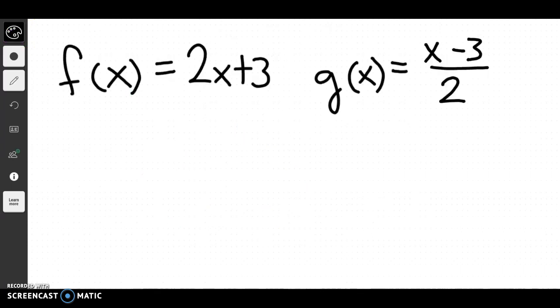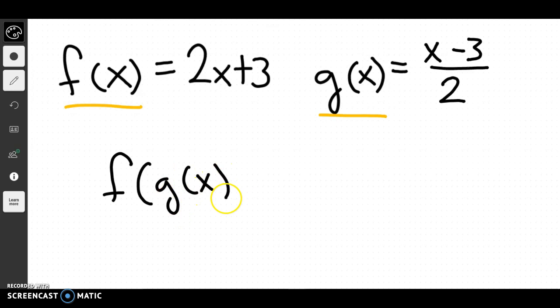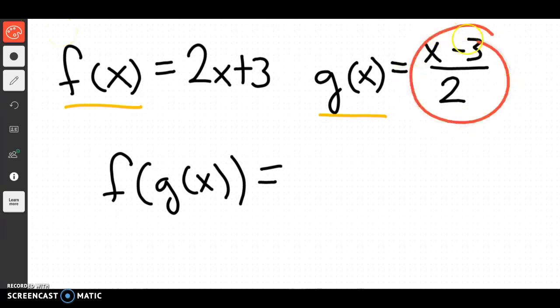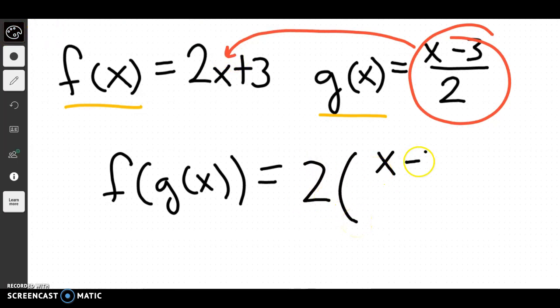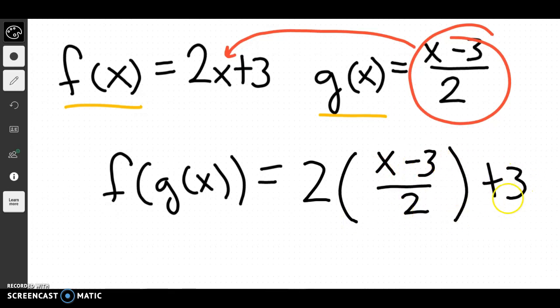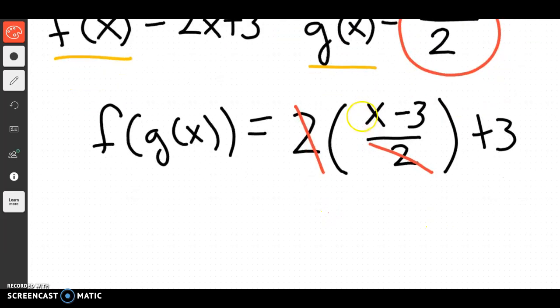Okay, so we're going to check if f of x and g of x are inverses of each other. And again, if we do f of g of x, if these things are really inverses, f and g will cancel, and our answer will be x. But let's actually go through and check and see what would happen. So we would take the function g and plug it into x, and we would get 2 times (x minus 3 over 2) plus 3. And if we did this, well, timesing by 2 and dividing by 2, that would cancel out. I would have x minus 3 plus 3, and minus 3 and plus 3 would cancel out,